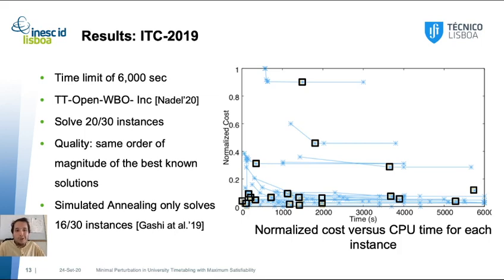It's the only other open source solution that we could compare it with. So here we can see at the right a graph that shows the normalized cost of each instance over the time, and the black box shows when the solver found the best solution for the specific instance. In this case, we can know that at the 1000 mark we already found the best solution for 7 instances, so this instance will not improve over time. At the 2000 mark we have 15 instances with the best known solution, and only 5 of them will improve over the 2000 mark.